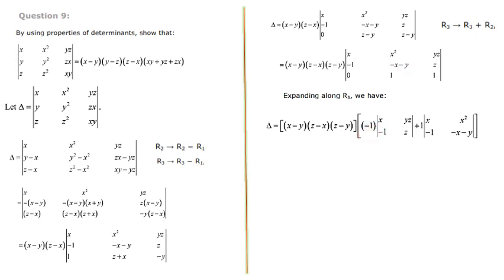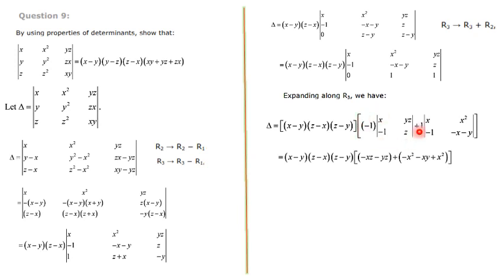5 is odd, so minus 1 into the row and column gone, x, y, z minus 1, z balance, plus 1. So here the sign is plus because this is third row, third column, that is 3 plus 3 is 6, that is even, that's why plus 1 we have to take. Then the row and the column gone, balance is x square minus 1 minus x minus y. Then go for the calculation, that is x minus y, z minus x, z minus y same.